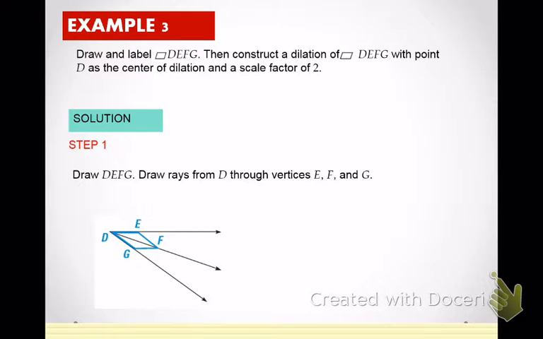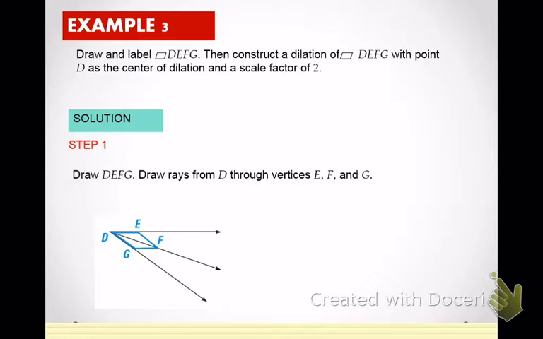And if D is the center of dilation, then you're going to lengthen the lines along from D. So I draw these lines through each point from D, and then it's a scale factor of 2, so everything's going to be 2 times